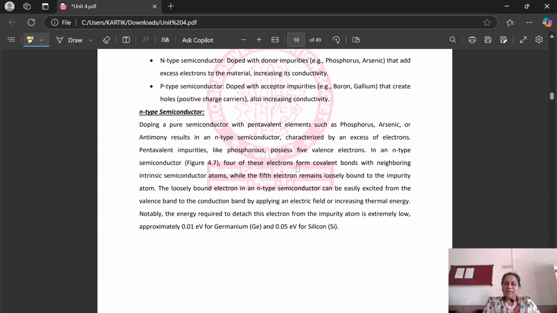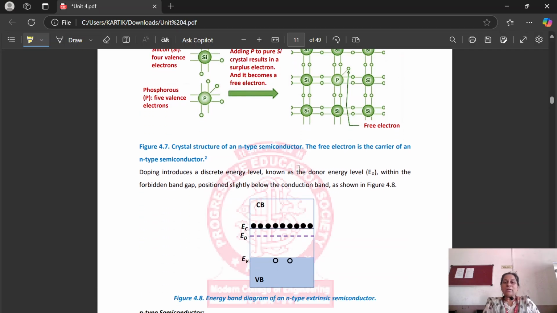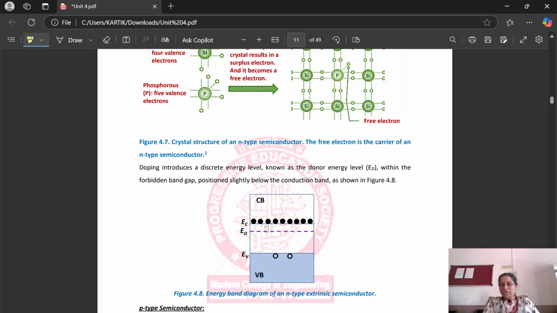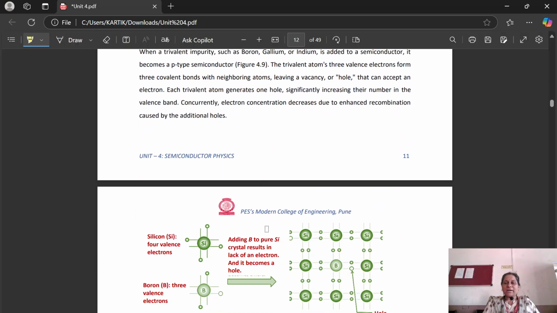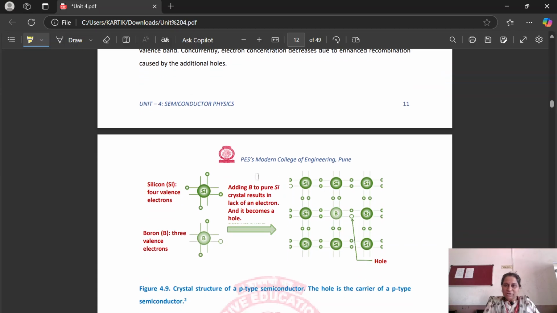आणि जर का एनर्जी लेवल डायग्राम मध्ये व्हॅलन्स बँड आहे, कंडक्शन बँड आहे, आणखीन एक एनर्जी स्टेट दाखवली आहे जी डोनर एनर्जी स्टेट आहे, कंडक्शन बँडच्या जवळ आहे, तर त्याला आपण एन टाइप सेमीकंडक्टरची ती एनर्जी बँड डायग्राम आहे असं म्हणायचं. Okay, similarly for p-type semiconductor, if there is a silicon structure and inside that we have added one trivalent